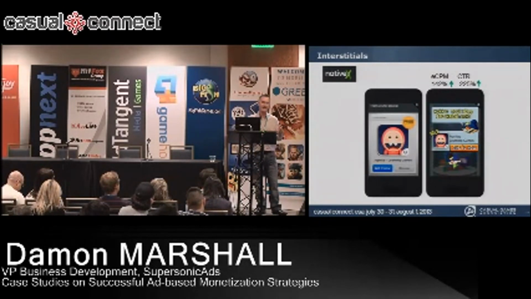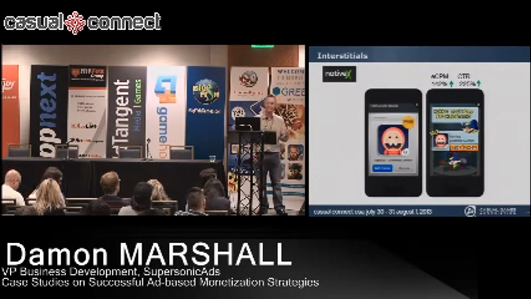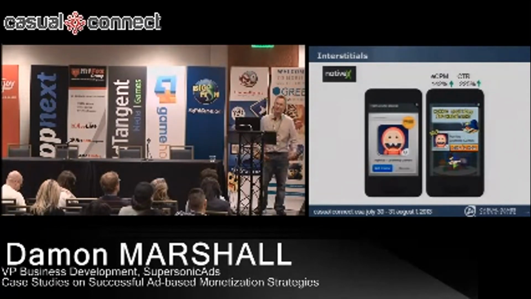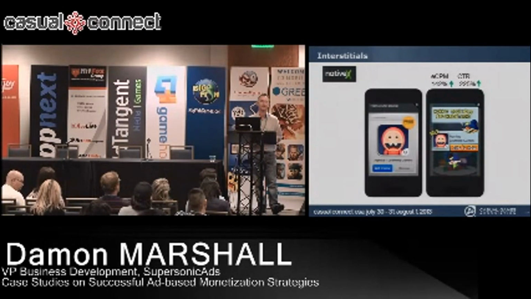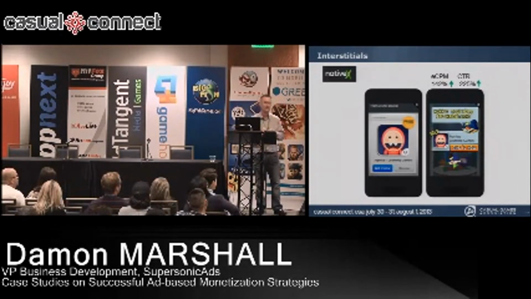So their character is actually speaking about the advertisement. It's in the font that the game is actually written in. And they also used an urgency tactic, saying, hey, your free app or your free gift is going to expire soon, so go get it. By doing this, their eCPMs increased 142%, and their click-through rate jumped over 200%, to 225%. So you get the idea here. Don't just slap an interstitial in its base form. If you put a few of your own assets around that particular ad, you're going to see much higher conversion.